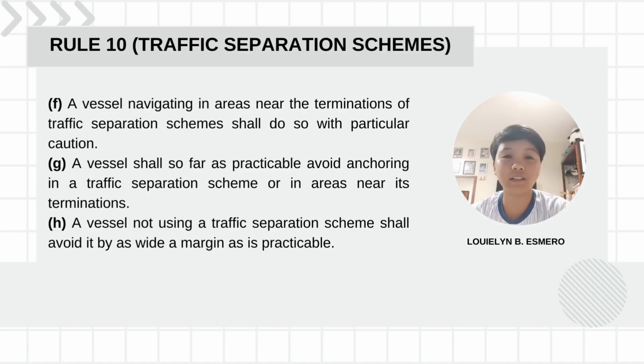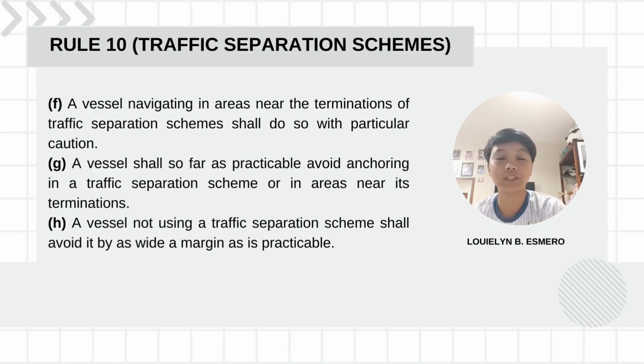G. A vessel shall so far as practicable avoid anchoring in a traffic separation scheme or in areas near its termination. So, a vessel must avoid anchoring in traffic separation schemes or regions close to their terminations as much as is practical. H. A vessel not using a separation scheme shall avoid it by as wide a margin as is practicable. So, a vessel that is not employing a traffic separation scheme must stay clear of it by any means